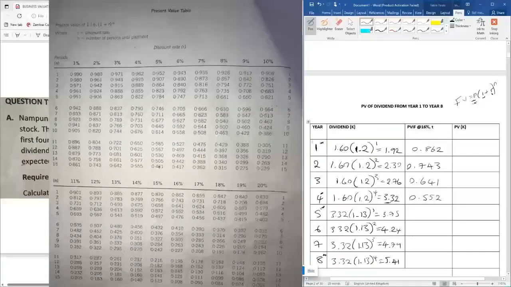And then the fifth year will give us a present value interest factor of 0.476. And then in year 6, it will give us a present value of 0.410. Year 7, it will give us 0.354. And then in year 8, it will give us a present value interest factor of 0.305. So these are our present value interest factors at the rate of 16%